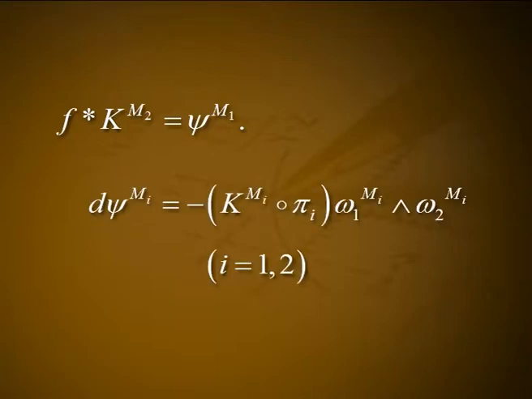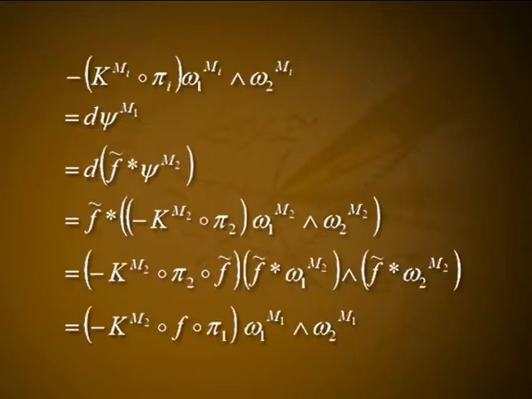Third one, f preserves curvature, that is f star k^m2 is equal to k^m1. Fourth, d psi^mi is equal to minus k^mi composite pi_i, omega_1^mi meet omega_2^mi, for i equal to 1 and 2. So that minus k^m1 composite pi_1, omega_1^m1 meet omega_2^m1,